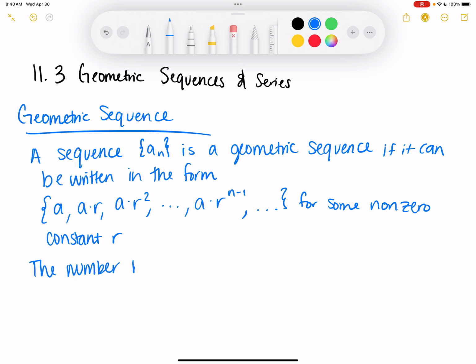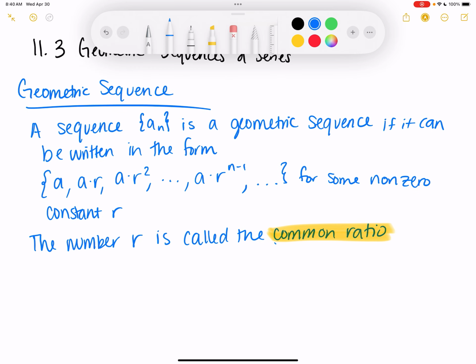The number r is called the common ratio. So just like we had the common difference for arithmetic, we have a common ratio that's represented by r. The other one obviously was d. Each term in a geometric sequence can be obtained recursively